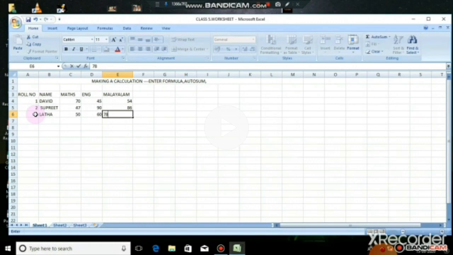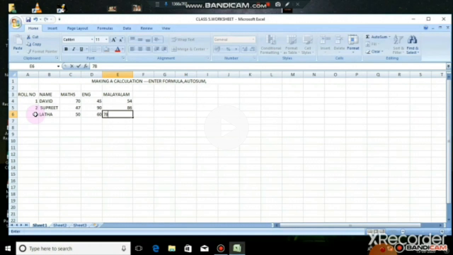So a spreadsheet can perform calculations on the data, and it makes the sheet application a very powerful tool. The spreadsheet can also perform addition, subtraction, multiplication and division of numbers. Okay, to do that we want to instruct the sheet by giving some formulas. So now we are going to create a formula to add the marks of the three subjects.